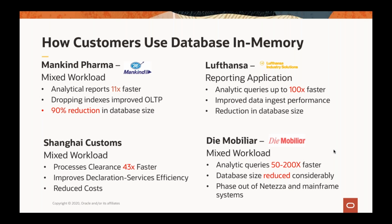In the past, this was a massive logistical process, obviously, and the reporting queries that would run to see which parts needed refurbishment took a long time to run. You can imagine the amount of data these queries have to process is enormous. A 777 probably has like 6 million parts in it. So there's a lot of ingestion of data required and then analytics on those ingested data items. With in-memory, they not only improved their ingest performance, they got the queries to run massively faster,